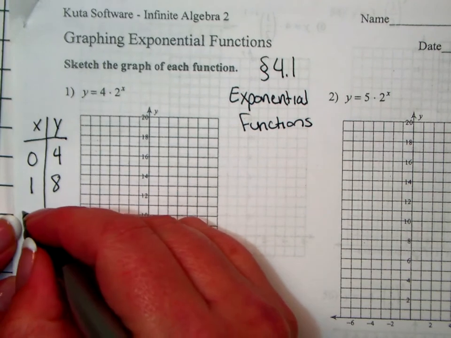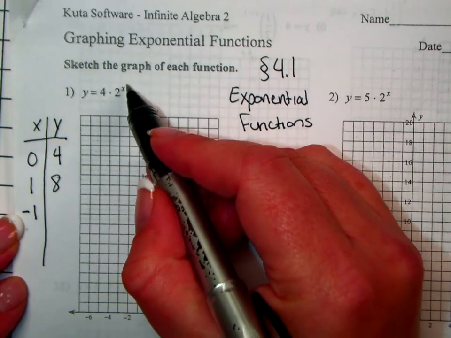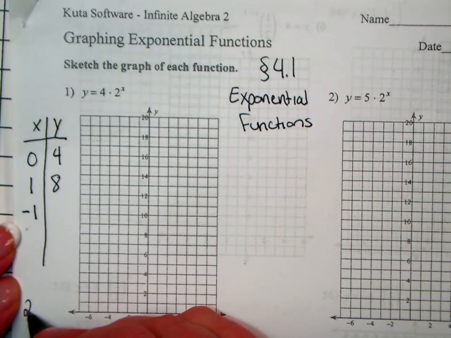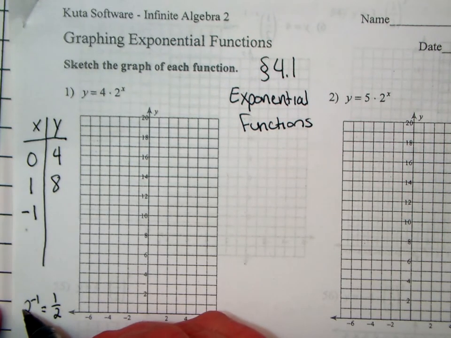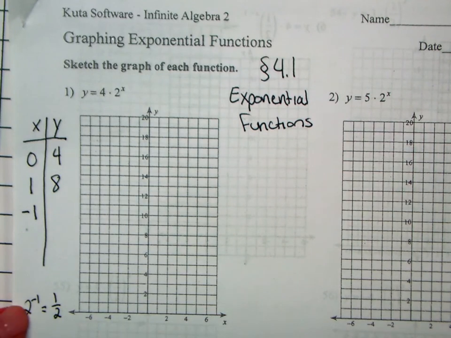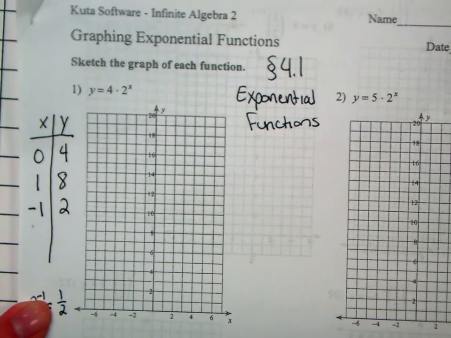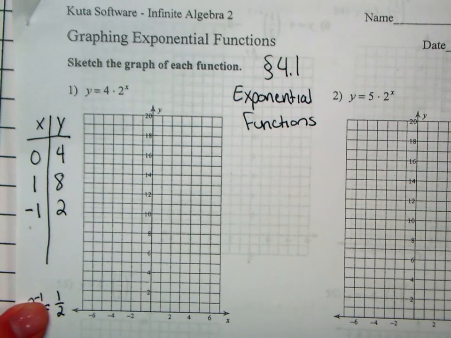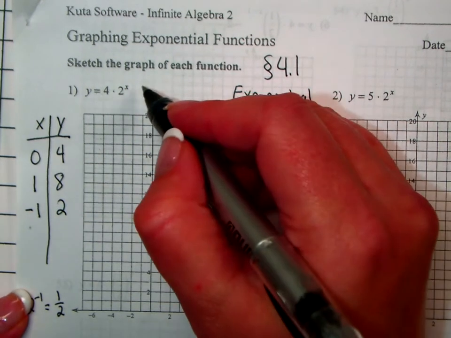So if I were to put a negative 1 in there, right, I have 2 to the negative 1 power. Well, 2 to the negative 1 power is the same thing as 1/2, because we're moving that 2 to the denominator, and so then half of 4 is 2, so it's going to go through negative 1, 2. So there will be some questions on your homework of filling out a table of values, so just calculate them, right? But this one's going to be a growth, right? This is a growth,